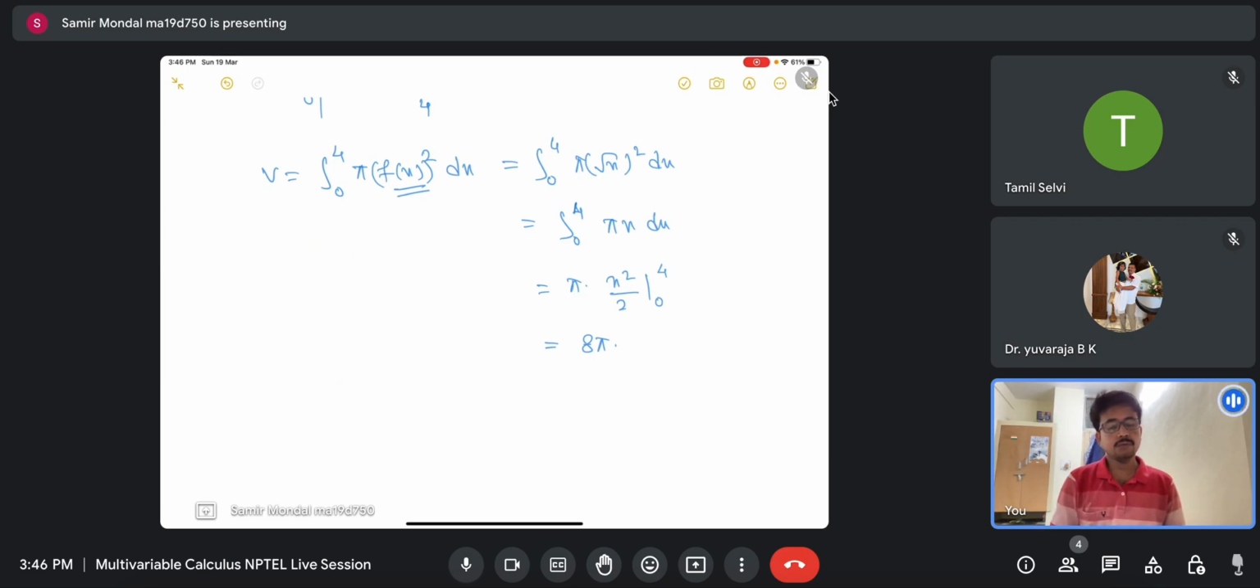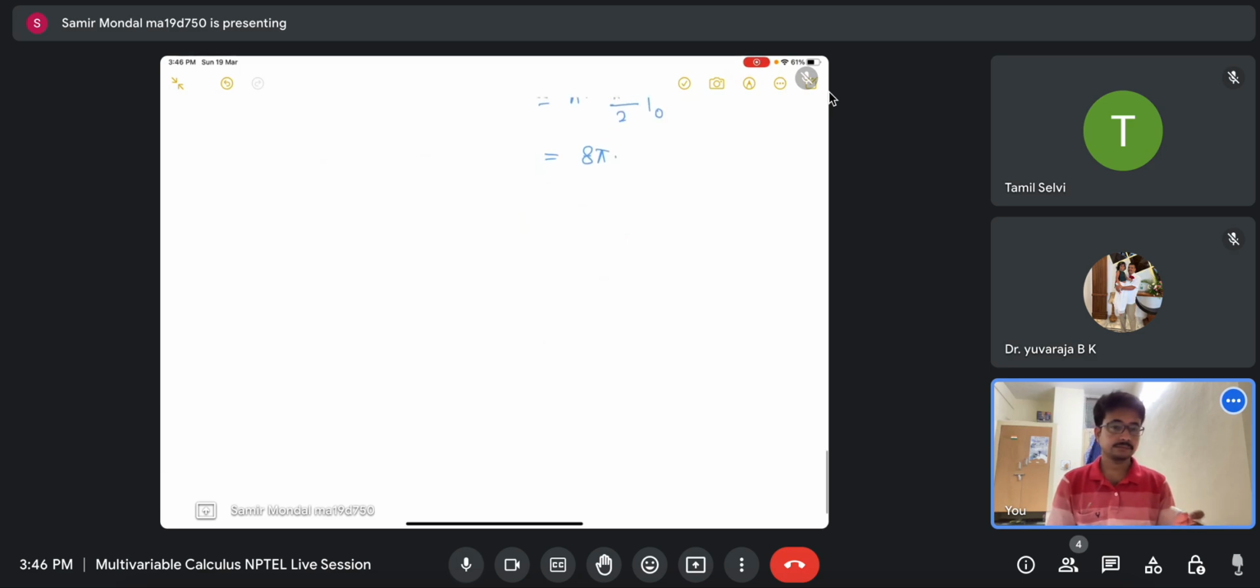Now we already know the volume of a sphere, 4 by 3 pi r cube. So now we are going to prove that formula. From 10th standard we already know the volume of a sphere, where r is the radius of the sphere, that it is 4 by 3 pi r cube. So today we are going to prove the volume of a sphere whose radius is r. So my next question is,